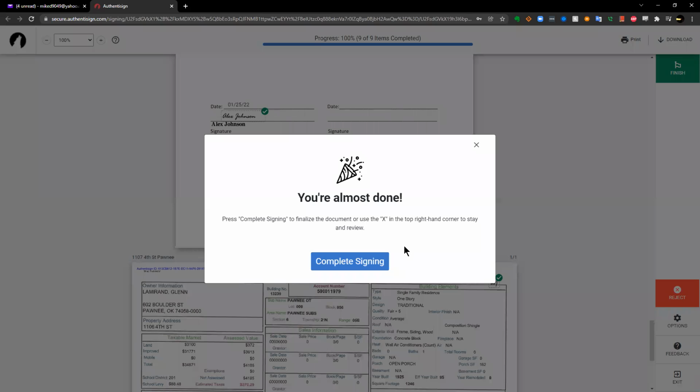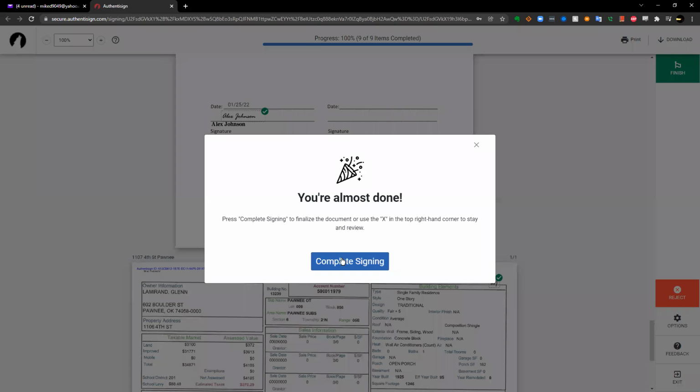Now, as we're going through this process, obviously I was just clicking on each of these. You can also hit the space bar to navigate them. So when I get to Andrea's, I'm just going to hit space in order to do the signing instead. So this is a great option if you have somebody like my mom who has severe arthritis. That stuff can be very painful for her to move around and grip the mouse. It's pretty severe. So it makes it a little easier for people like that that have limited mobility.